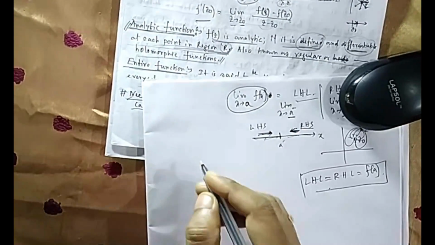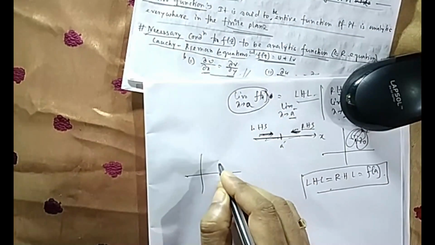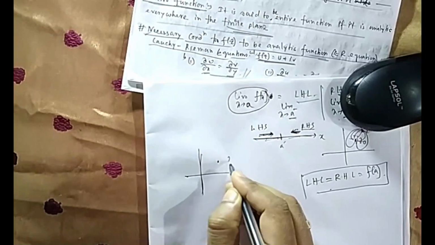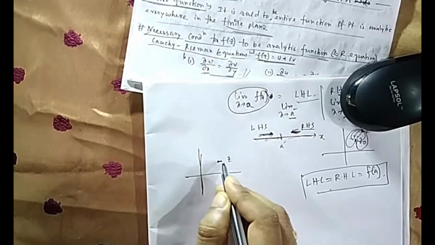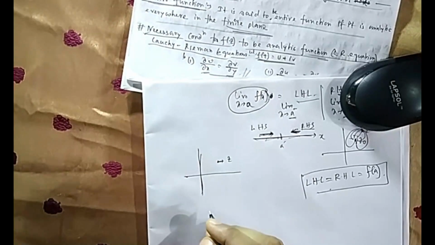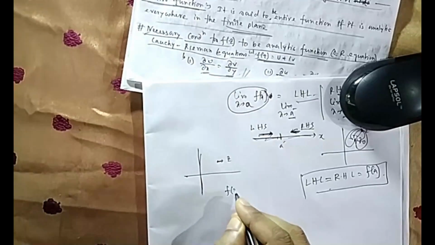You can recall your class 12 maths. So here also you can see, if I say my z was something like this, and I move a little bit in this side only, in the x side only. So I will be moving in the x side. If I do differentiation, f(z) was u plus iv, so f dash z will be equal to del u del x plus i del v del x. That's it.